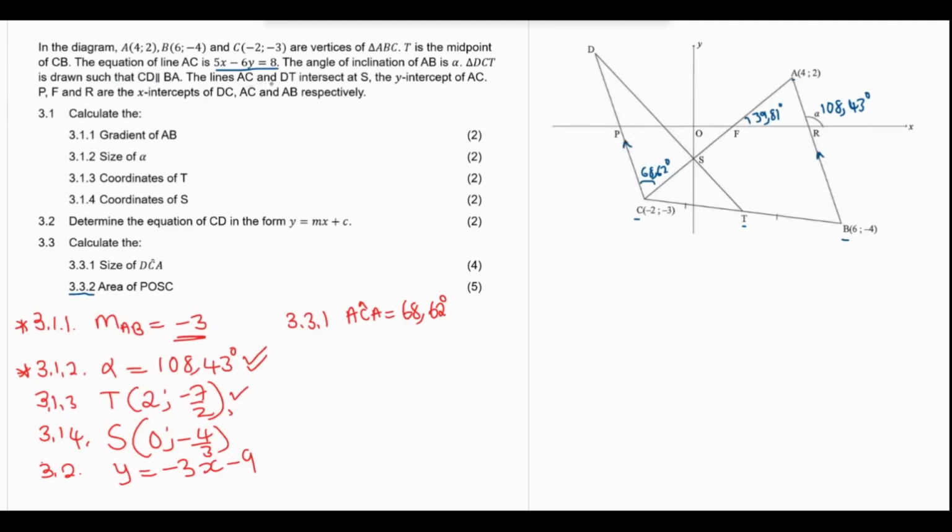The lines AC and DT intersect at S, the y-intercept of AC. P, F, and R are the x-intercepts of DC, AC, and AB respectively. Calculate the area of POSC. POSC, let me just highlight that. We want the area of POSC,